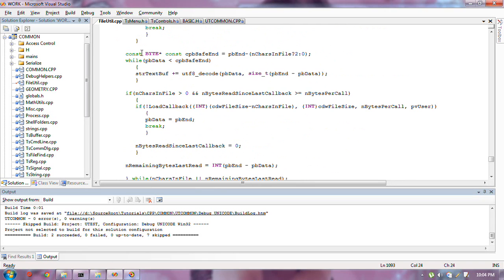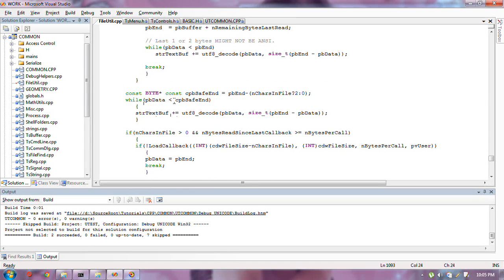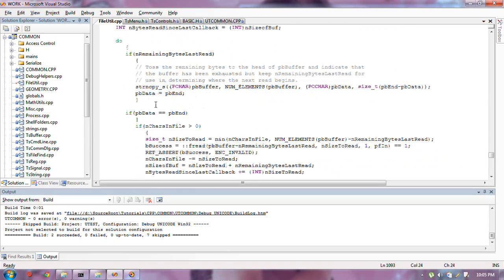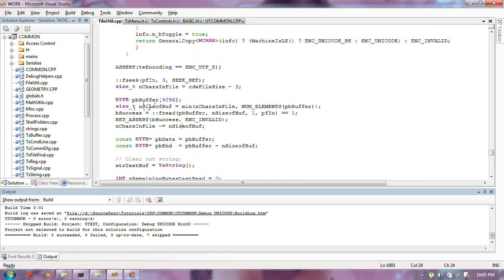Here, this UTF-8 decode, that's easy. Once you've got the beginning and the end point, you just keep going around and around until you're done. But now I can't do that because every now and again I've got to call back. So it's got to be broken up